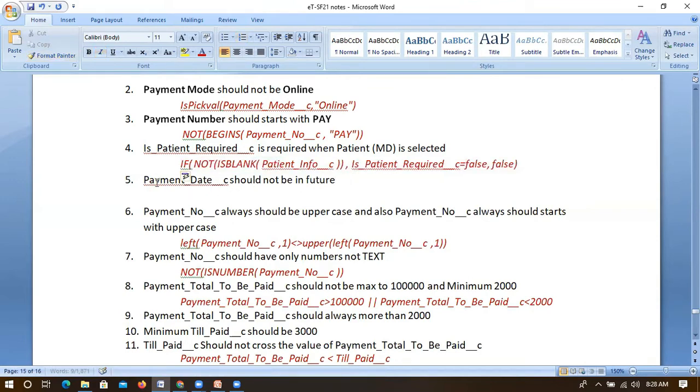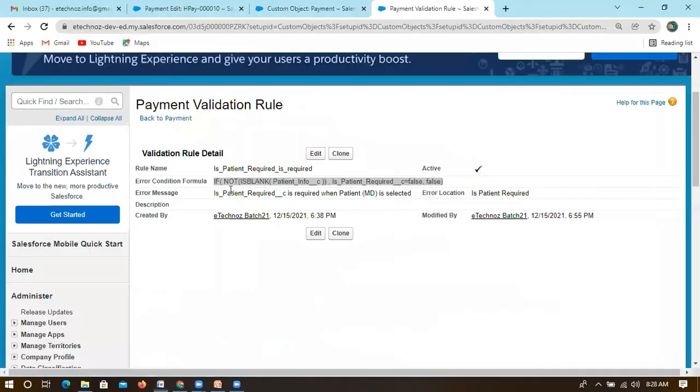Here, if you want to check that payment date should not be in the future, this is a date format, and it should not be in the future. It should be something previous, or maybe today, but not the future. This is a simple validation. You can try this. That means you have to check for today. There is a function, so if you just go edit this,